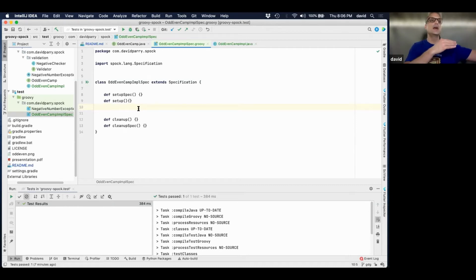You want to keep it and know the state across the board, but at the end of the whole complete specification for all the methods, you want to shut that down. You can do that at that time versus every call. So maybe every call you want to remove a table or something, you can do that in your setup. Does that make sense to everyone? What I mean by the setups and setup spec?